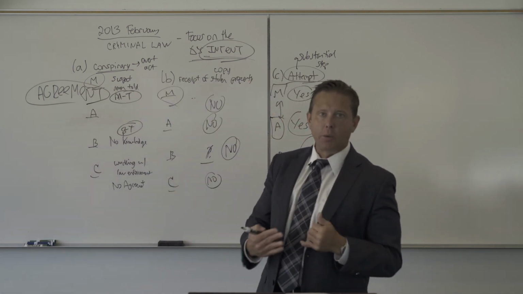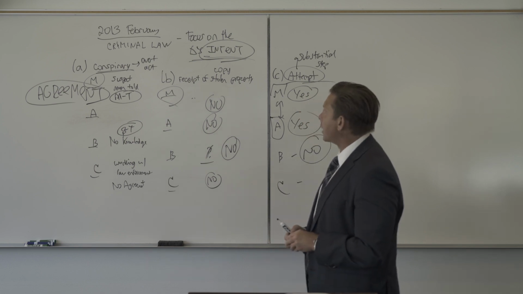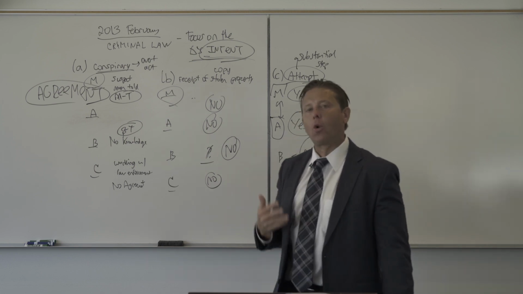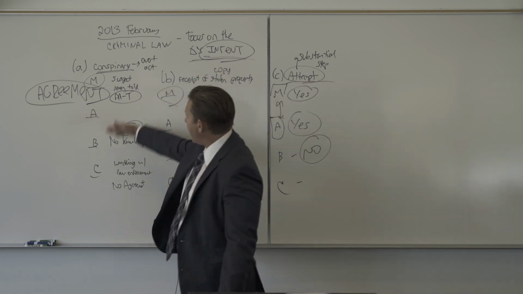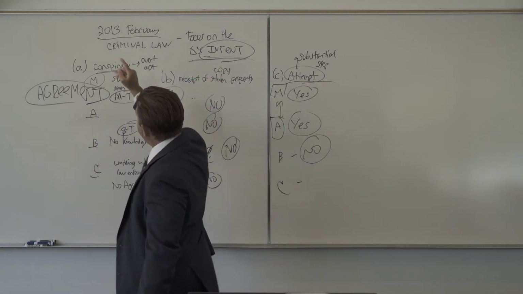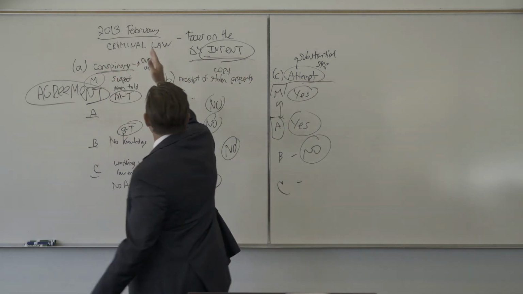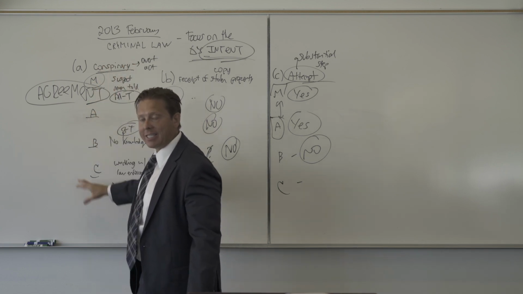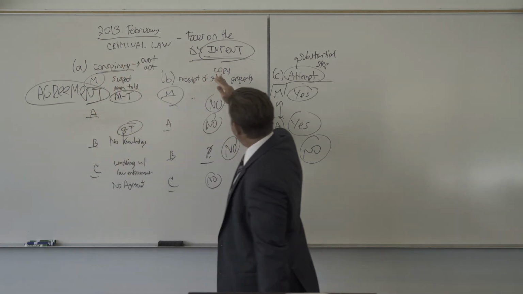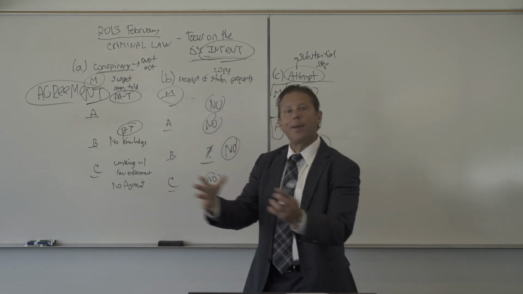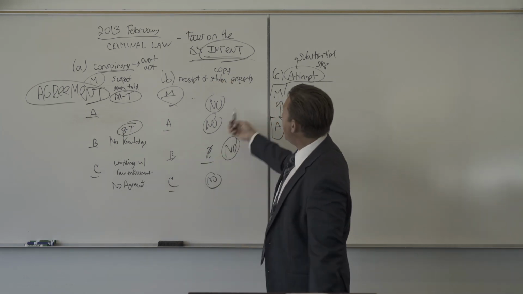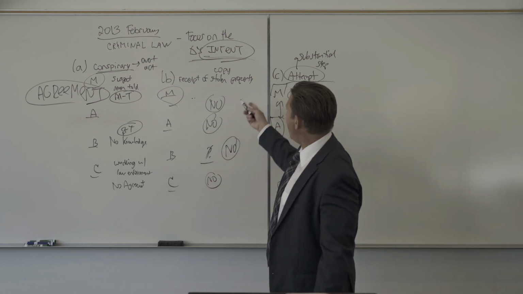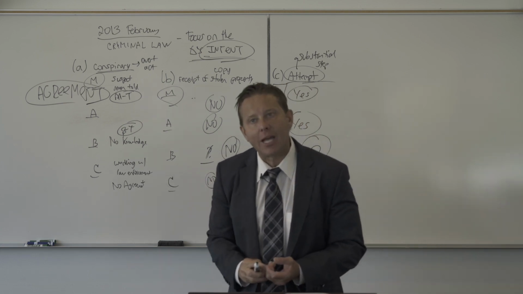Because it's a little bit confusing with all the parties, it's a good idea to do the best you can with organizing your mind on what's going on. I would take each individual party, A, B, and C. You should discuss M, A, B, and C here separately. For call B, you could actually put them all together. And that's why call B is so simple. It's like, no, because the property was not stolen. It never retained its stolen status.